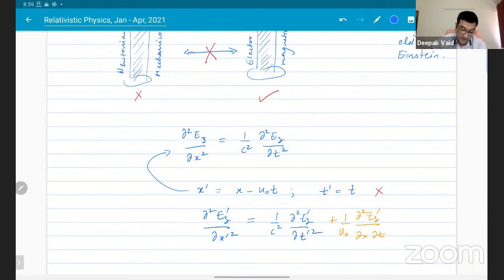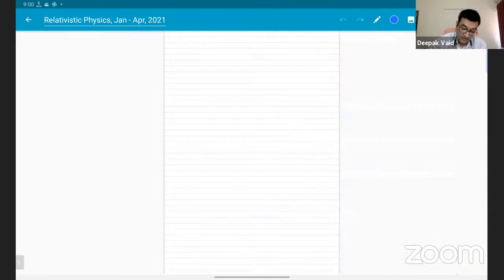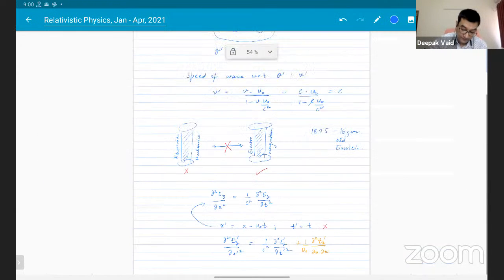So what we'll do in the next class is we will look at this equation. We will understand its behavior under Lorentz transformations, and we will also go on to look at how the electric fields themselves transform. So the electric field also should have some dependence on the observer's frame of reference. So we will look at how these fields should transform, right?